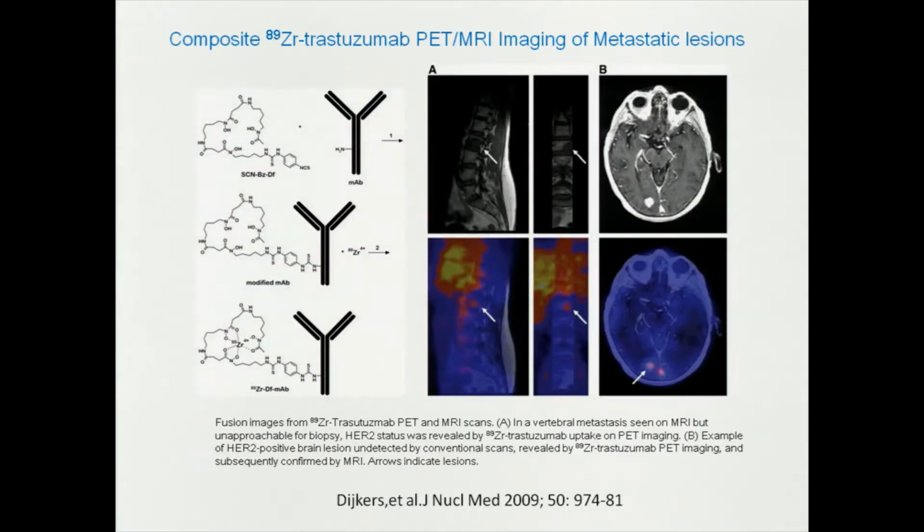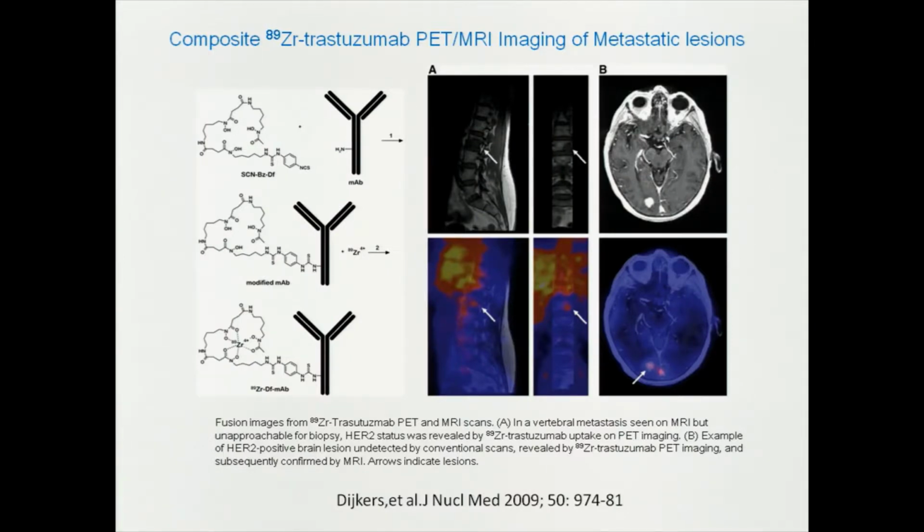I want to talk about a couple examples, and I'll talk about the zirconium one because this is most interesting to me. Antibody-guided immunoconjugation with zirconium is possible only because of the long half-life. It's been hindered for PET because antibodies take a long time to localize in a target, so short-lived isotopes don't work too well. So this is one of the first examples of a long-lived isotope used with a monoclonal antibody,